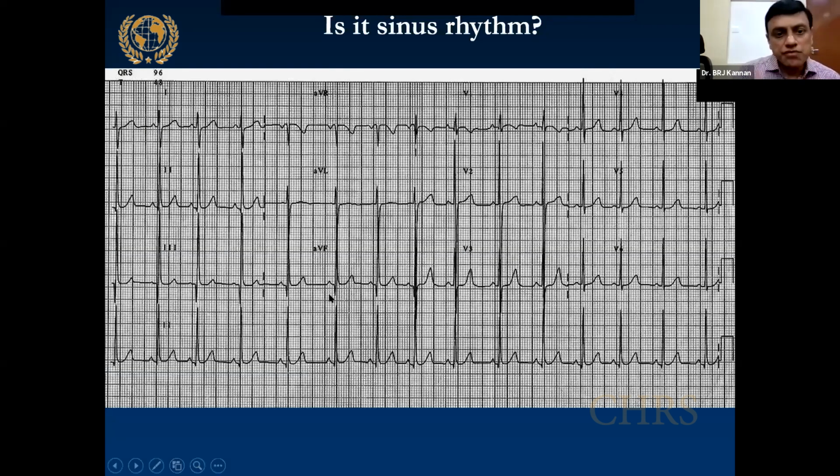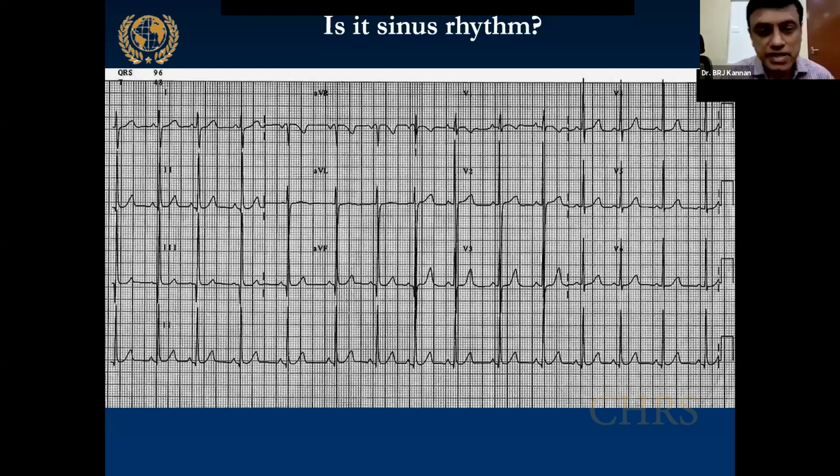P is coming from the right shoulder to the left lower limb, which is the normal axis of a sinus P wave. If this is there, then you can call this a sinus rhythm. Of course, an occasional ectopic focus near the crista terminalis, near the sinus node, can have the same normal P axis, but let's forget that.